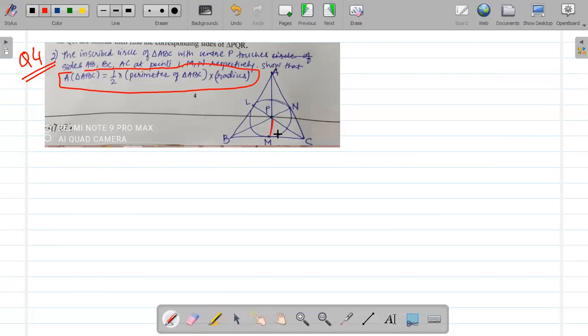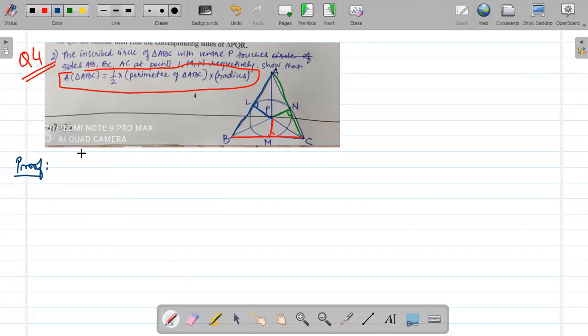We can always start: this is the tangent, correct? So this is 90 degrees, isn't it? Likewise, this is a radius and this is the tangent, so this is also 90 degrees. Likewise, using another color, this is the radius and this is the tangent, so this point is also 90 degrees. What theorem is it? By the tangent theorem, we know that the tangent and radius are perpendicular to each other.